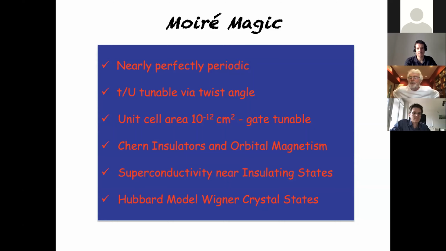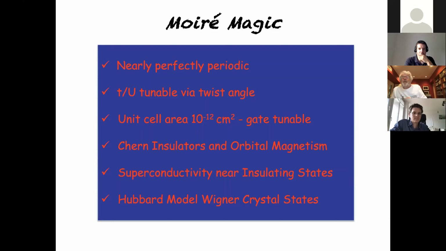Among all the ways we have for trying to make periodic systems in solid-state materials that have a superatomic type periodicity, this works better than any other, works better than any lithographic technique or any kind of chemical patterning technique, much better. It has very conveniently tunable parameters that control the strength of interaction, the bandwidth to interaction strength, let's say, just by twist angle, and I'll be giving two quite different examples of that.